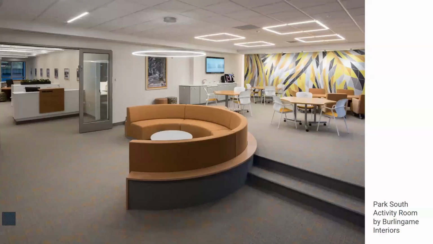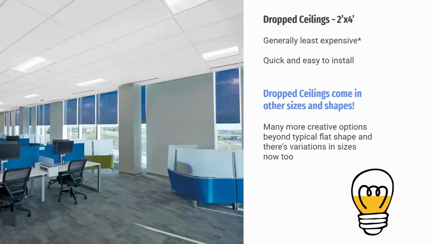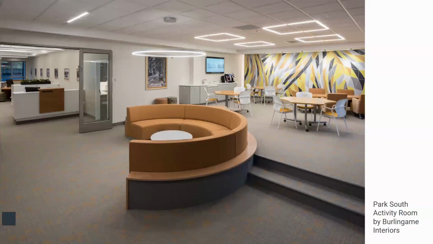Here's an example of where Fred and I did, this is a drop ceiling that's a 2x4, but it's hard to see. Let me see if I have little arrows. Let me go back. Oh, let me go back there. Okay, so the thin rectangles you see in the squares, those are actually also a troffer light,